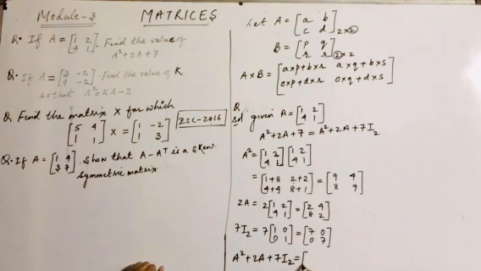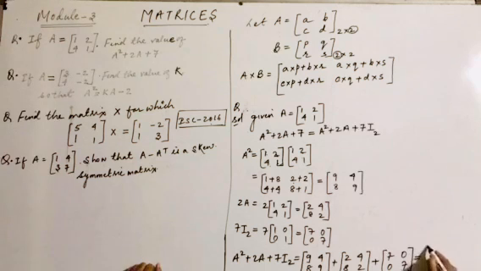So let us substitute the value. What is the value of A square? A square is what? 9, 4, then it is 8, 9, plus it is 2A. The value of 2A is 2, 4, and then it is 8, 2, plus I am having what? 7I2. The value of that is what here? 7, 0, and 0, and what? 7.